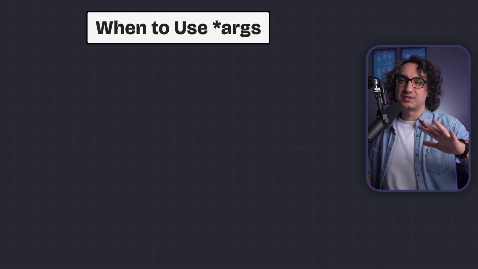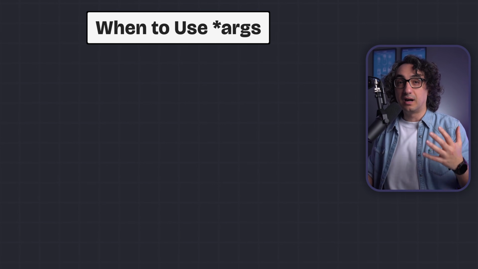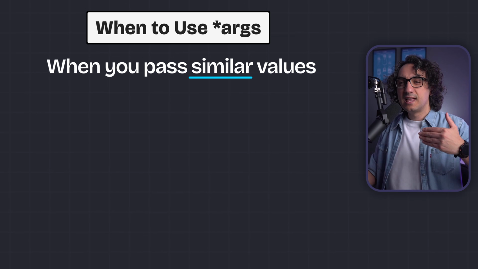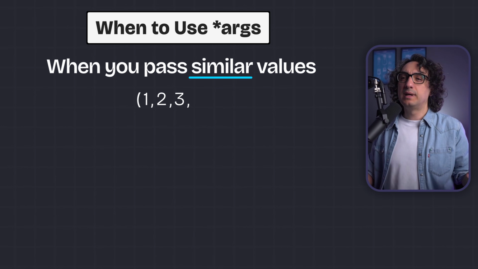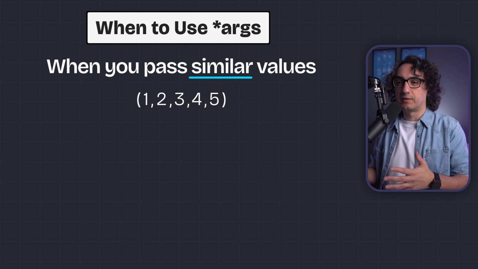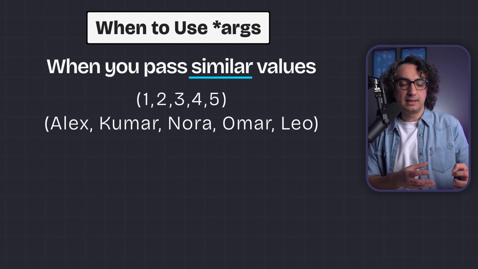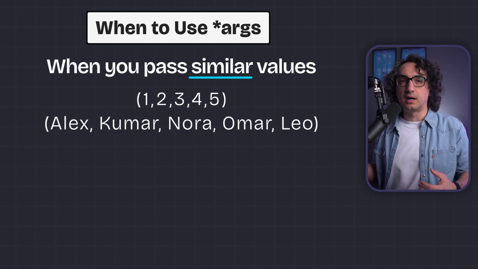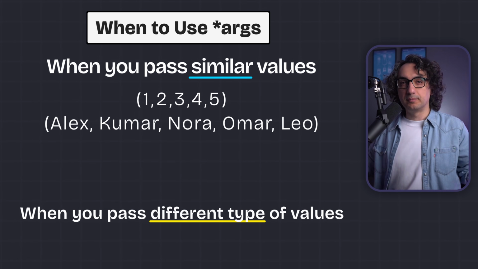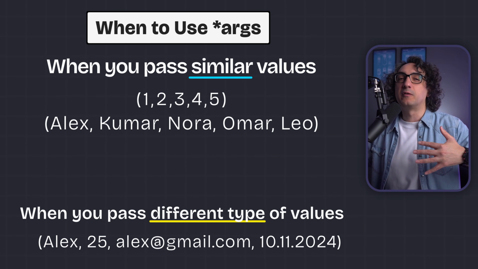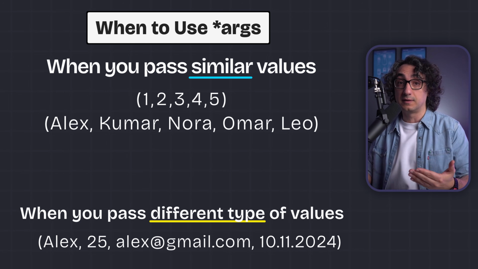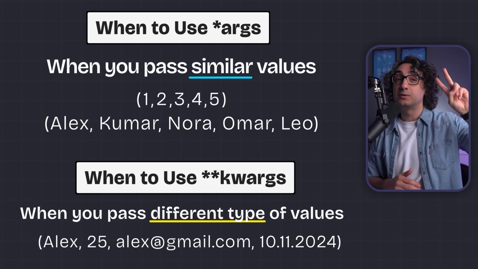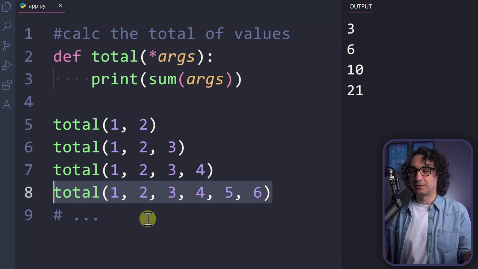So now we have to understand one thing: when to use the one-star args. If the values that you are passing to your function always have the same type of information, like here we have a list of numbers, so all of them are numbers, or maybe we have multiple string values, then we can use the one-star args. But if things get more complicated, where we have multiple types of information that we want to send to the function, for this scenario the one-star args will not be enough, we have to use the two-star args. Let's have an example to understand what this means.